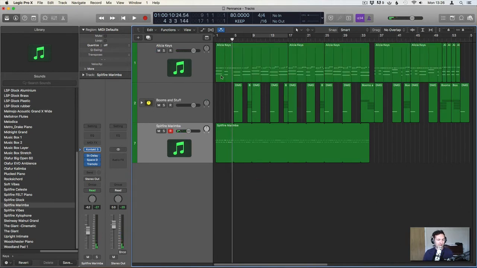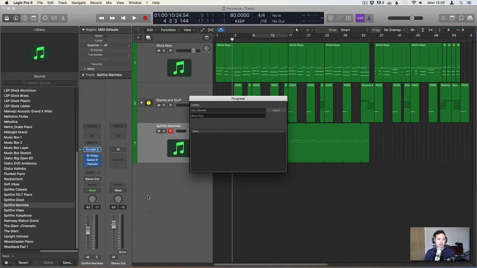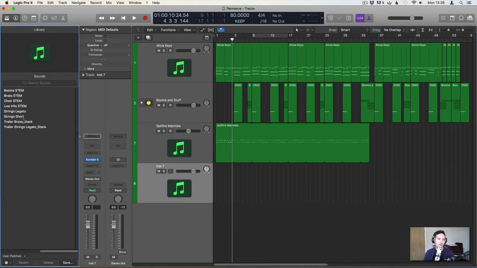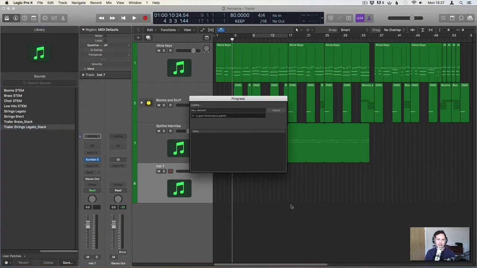Okay, so I eventually want to take the piano out. The intro, I want to have everything else just bubbling and brewing. Okay, how am I going to flesh this out? Well, there's a couple of things I could do. I'm going to go into my user patches, and you can see I've got a couple of track stacks pre-saved, which are a really simple and helpful way to improve your workflow, so that you can just load these up straight away. If I click on trailer strings legato stack, then